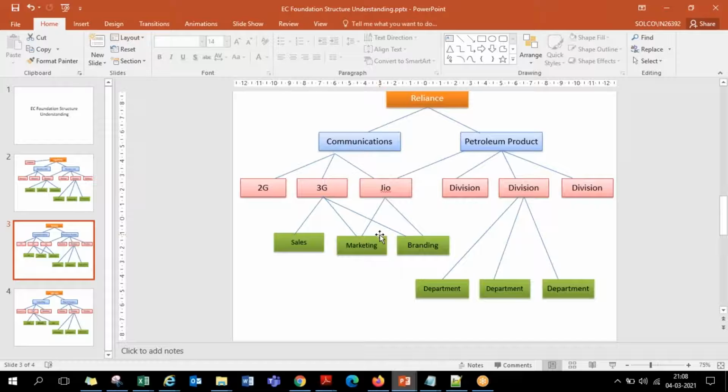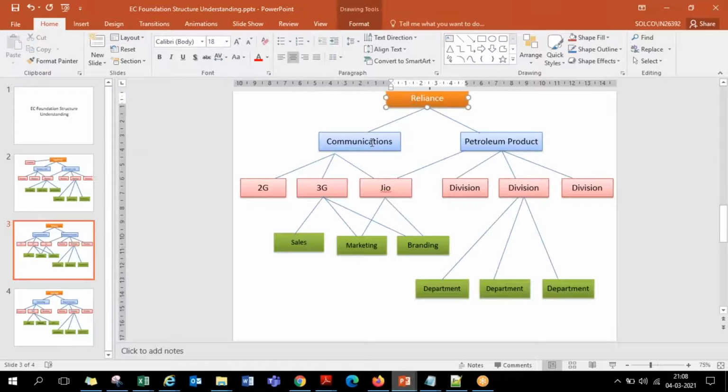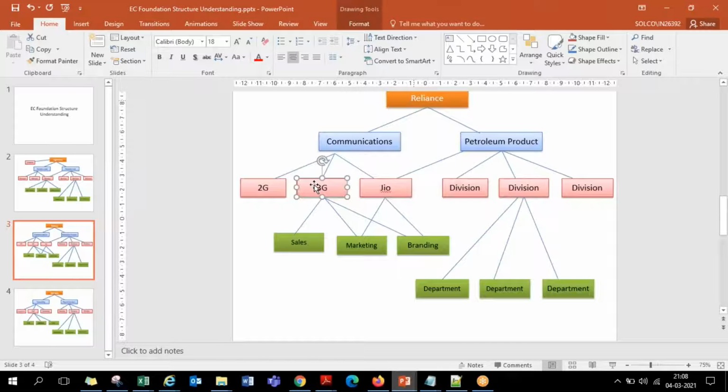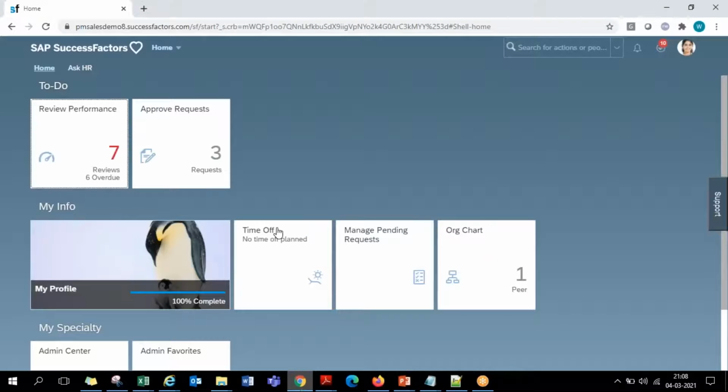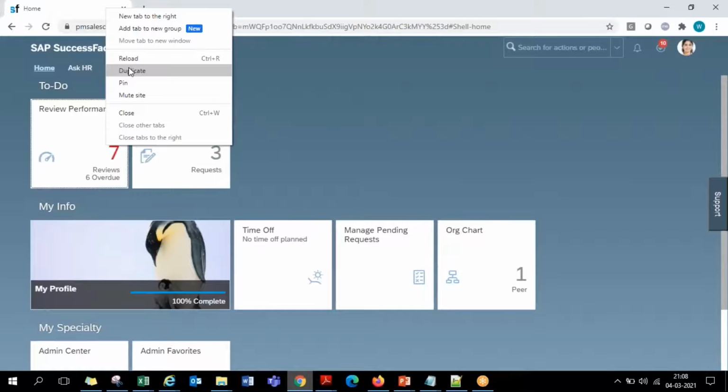So that tomorrow when you're hiring an employee, against which company you are hiring, in which line of business you are hiring them, and under that line of business, under which division you are hiring, all that has to be maintained. A couple of days back when we saw the employee hiring action, these are all the fields we saw at the job information level. In the employee job information, we have a category of fields called org information, in which all this has to be set up. I'll even show you that on the employee record level on the front end.